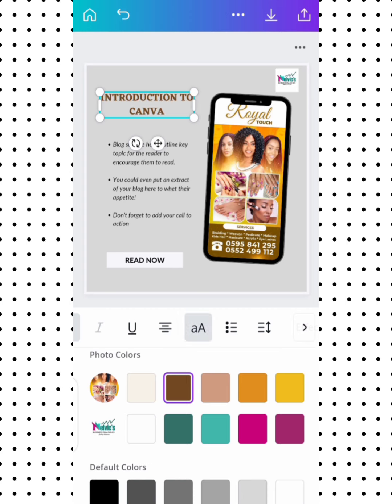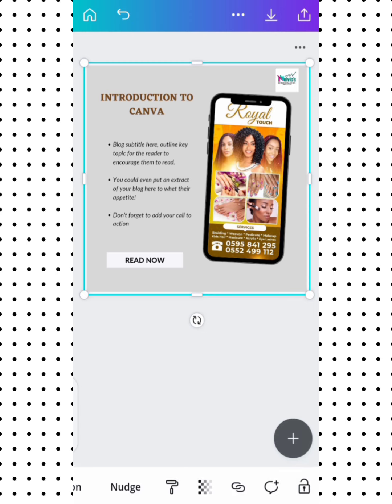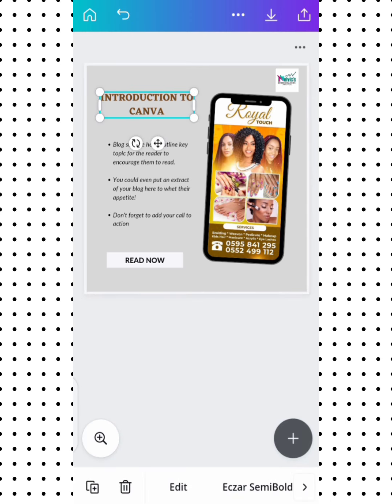Okay, and then we can also decide to itemize it. It's also possible in Canva. Okay, so an example of the itemized is what you see below what we are editing. All right,